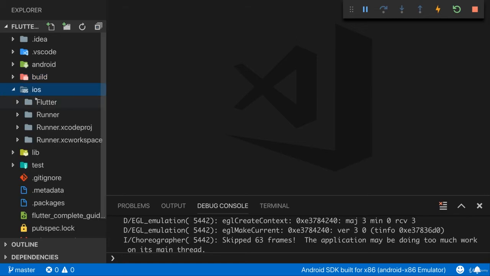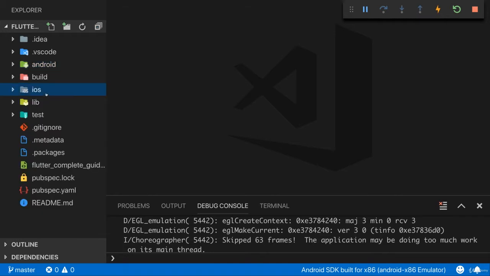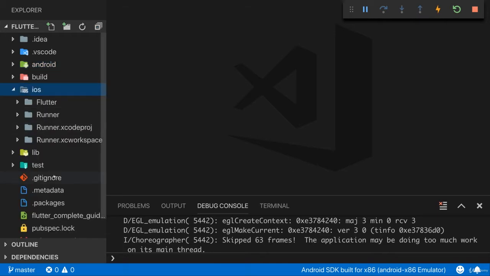It's the same for the iOS folder. We had the Android folder with a full Android project, which is important for building an Android project, both for development and for production. And the iOS folder is simply the same for, well, iOS projects. Now, on Windows, you won't have that folder, because on Windows, unfortunately, you can't build iOS applications. That's not allowed by Apple. On macOS, you will have it, and this holds a normal Xcode project.